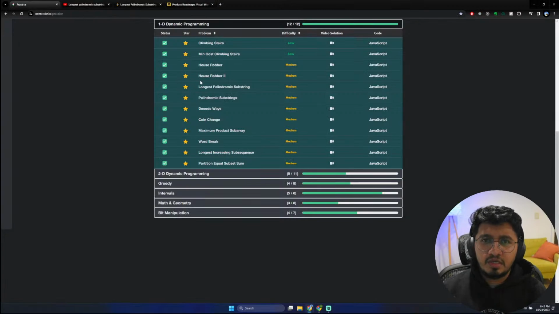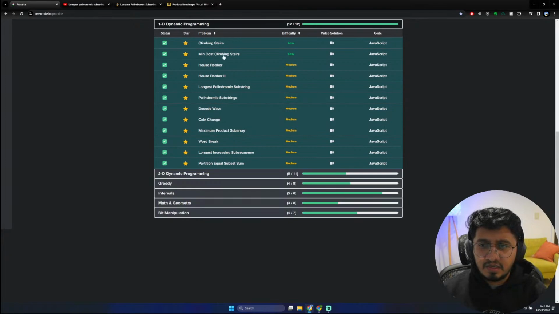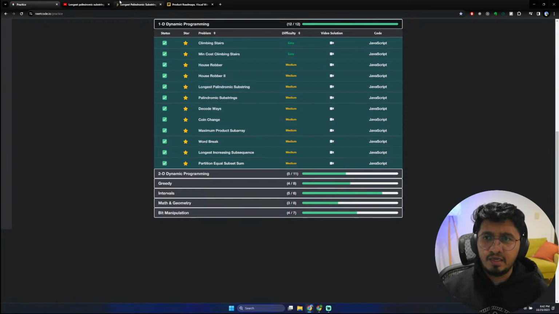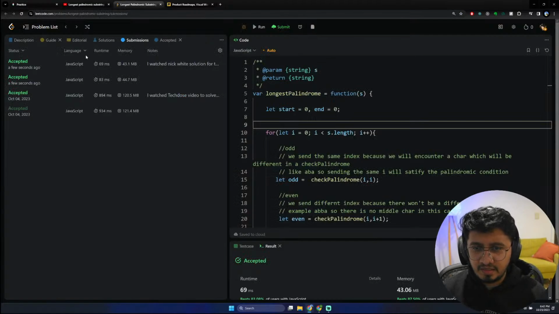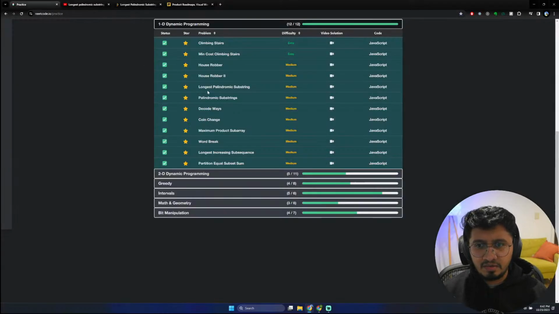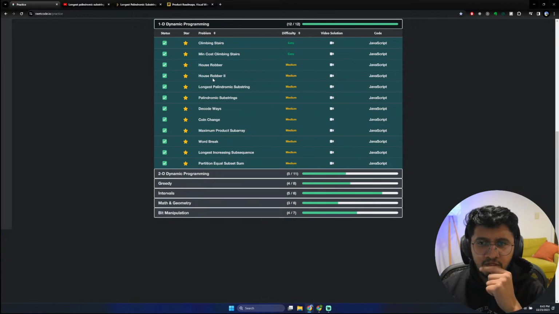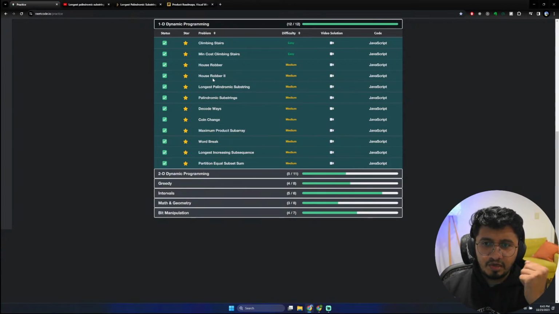I was revising the questions on dynamic programming from the Neetcode list, and I came across longest palindromic substring, and I felt like this is not at all intuitive. I straight away was thinking, how can I do it in a recursive fashion, like how we were doing so far, like climbing stairs, minimum cost. You can think about a recursive approach for these solutions,